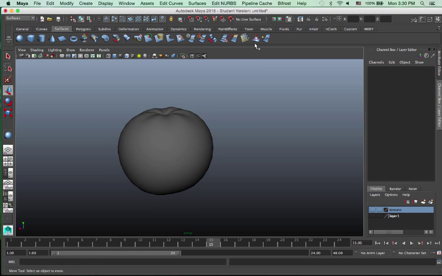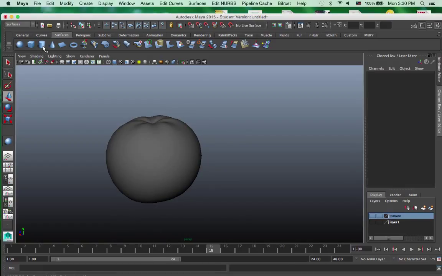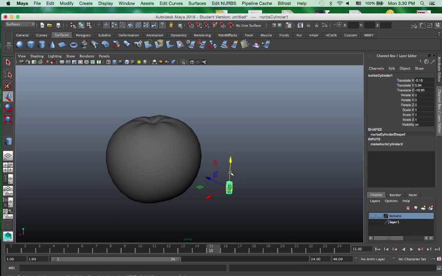If I were to add a stem, maybe not so much for this orange, but maybe for the apple, I can create a cylinder under the surface primitives and do a few adjustments under the inputs.